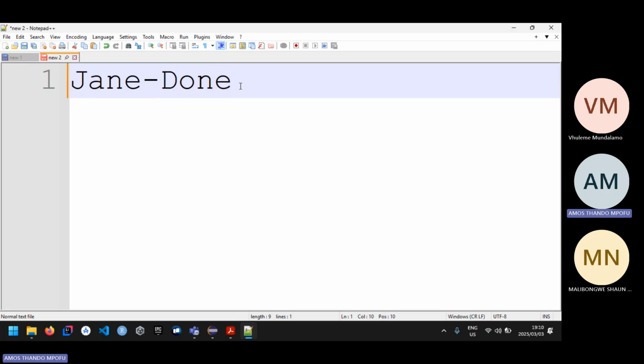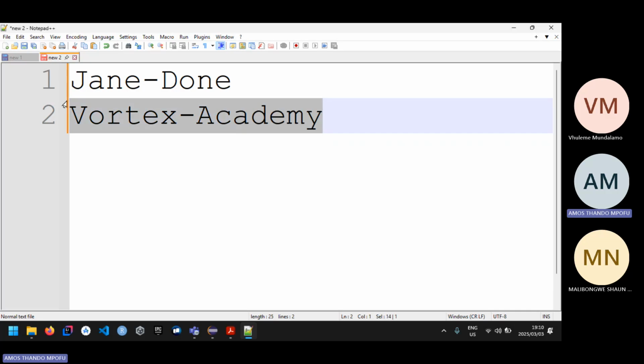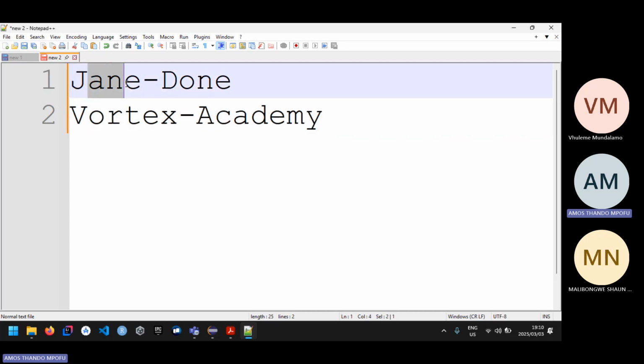So this is the pattern that I expect the information to be in. If you were to do something bizarre, like let's say you say Vortex hyphen Academy, and you had to write your regular expression like this, which is like a formula, it's not going to match this, because the formula states that you need to have one capital letter followed by exactly 3 letters. If you look at this one, it kind of follows, but it doesn't strictly follow all the rules, because there's